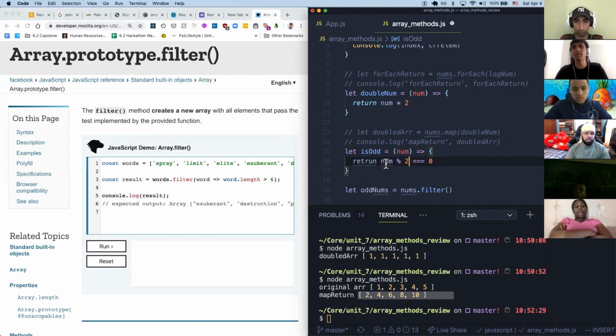Right, so we know that if a number modulo 2 is equal to 0, we know that it's even, right? If we divide a number by 2 and we get no remainder, that means that that's an even number. So we actually want the opposite. So let's say if it's not 0, return true. So we can try that with is odd,